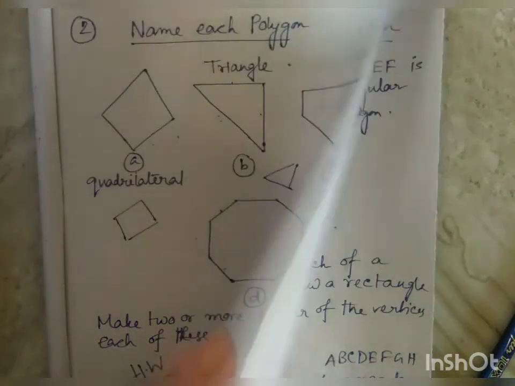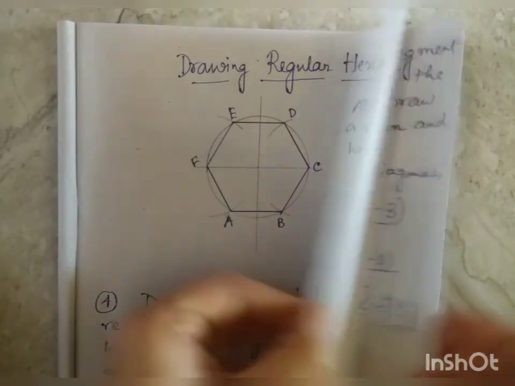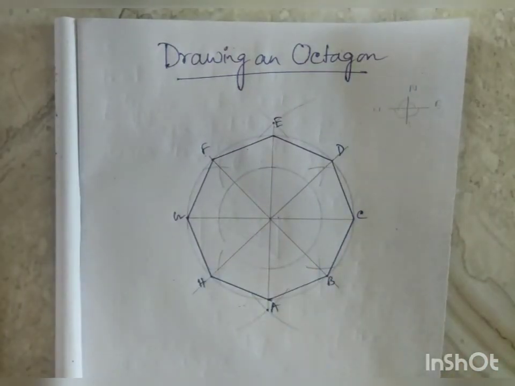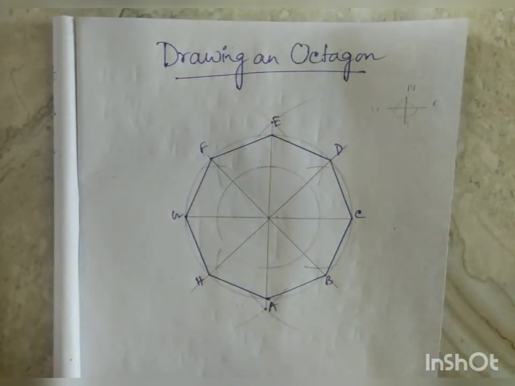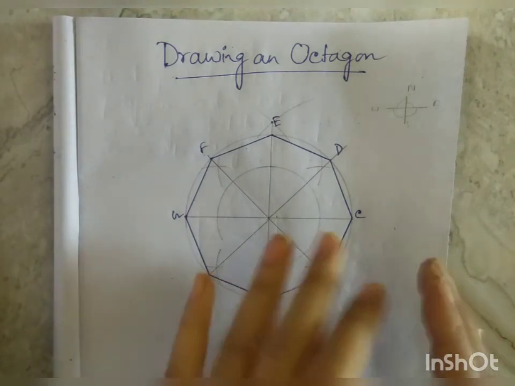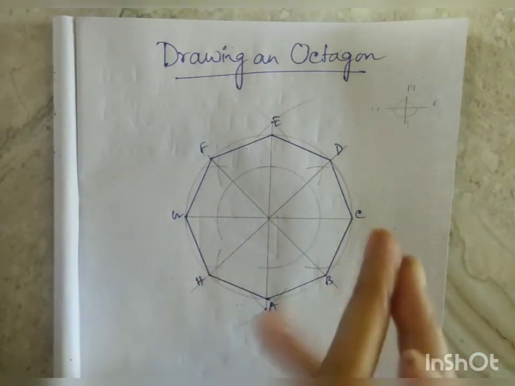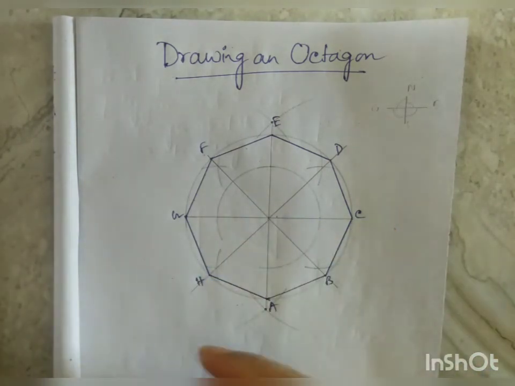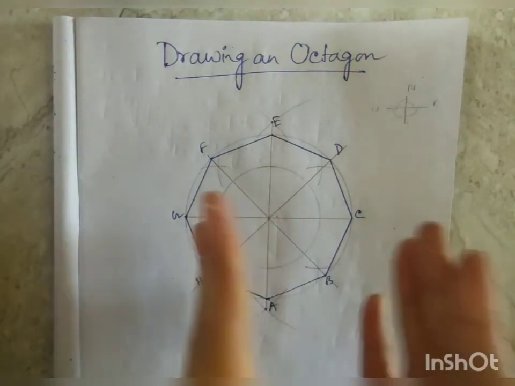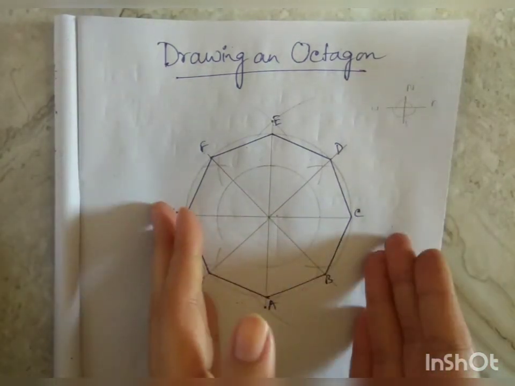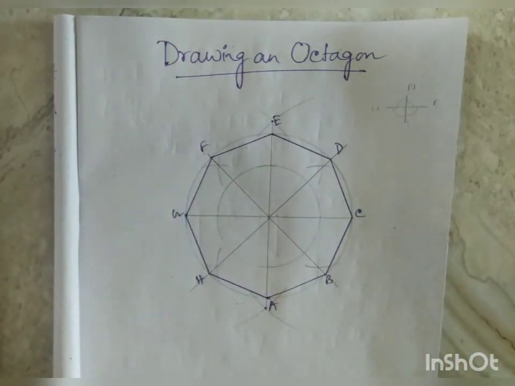I hope all of you have enjoyed making this regular hexagon and this regular octagon. Okay, so keep practicing, and if you are willing to do it again, please do practice, but don't waste time doing this again and again. It is just for your fun. Okay, but by doing this we have come to know so many things, how to bisect a line, how to bisect an angle. We have come to know this. Okay, so keep practicing. Bye everyone, stay safe.